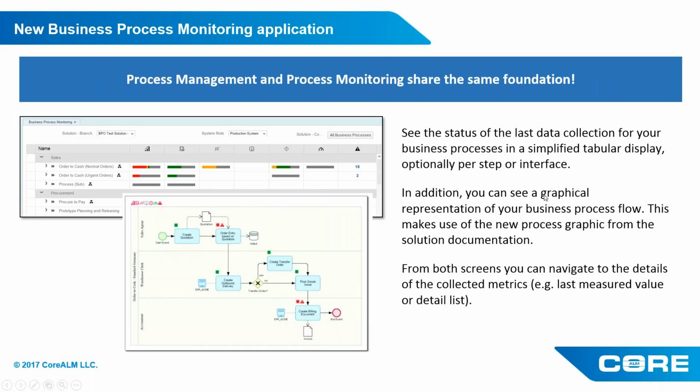Okay. And what that helps us do is build the foundation to do other things. Once you build the hierarchy and have all the artifacts in place, we can do things like test management. We can have better change management because we can tie things together. In this case, we're showing the business process monitoring piece because this has changed quite a bit. So now you have a diagram,